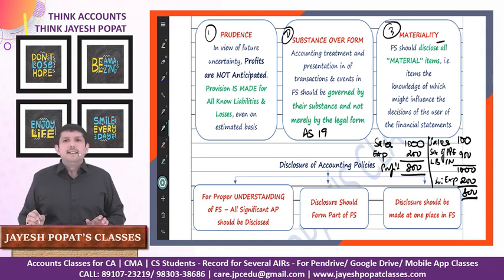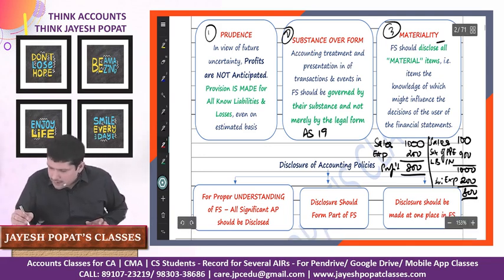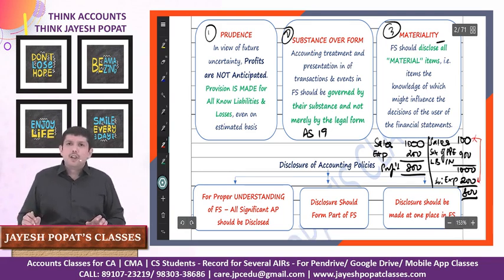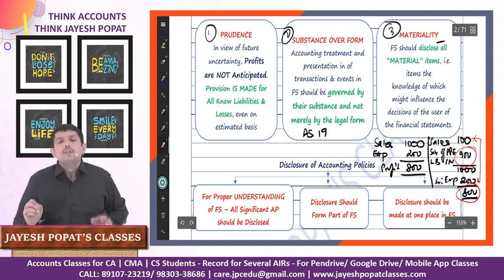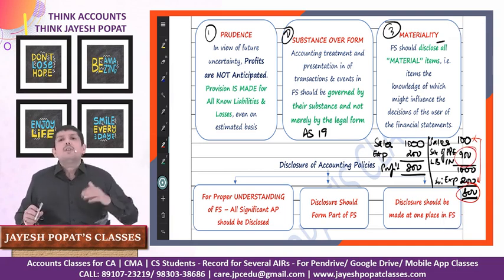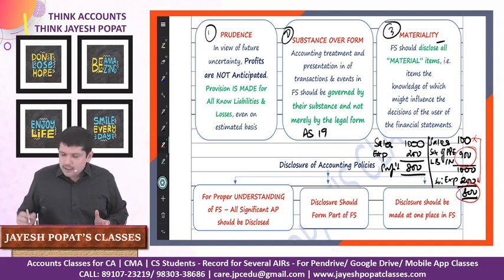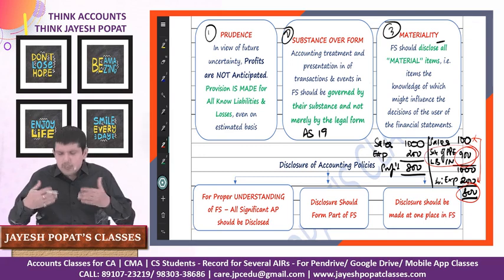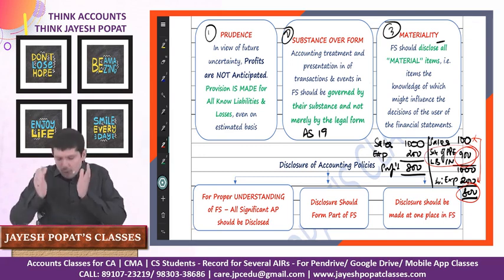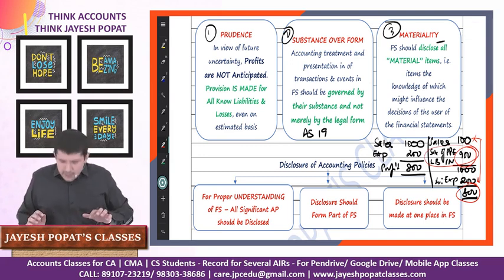Looking at something like this, our perception towards the company will change, because we'll say that sale is 100 and expense is 200. So basically this company is a loss making company. The 800 crore of profit is largely due to sale of PPE, which is not the normal course of business of the enterprise. So if you hide this particular item, the perception of the company will change. So all material items should be disclosed.